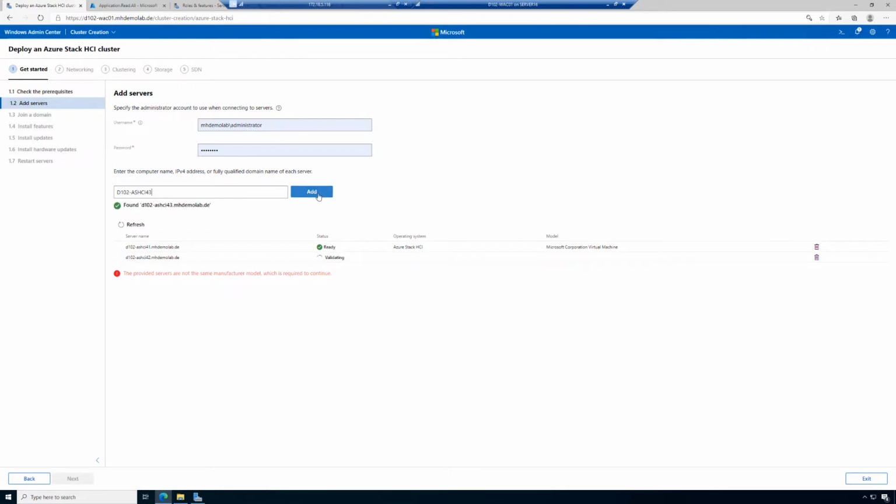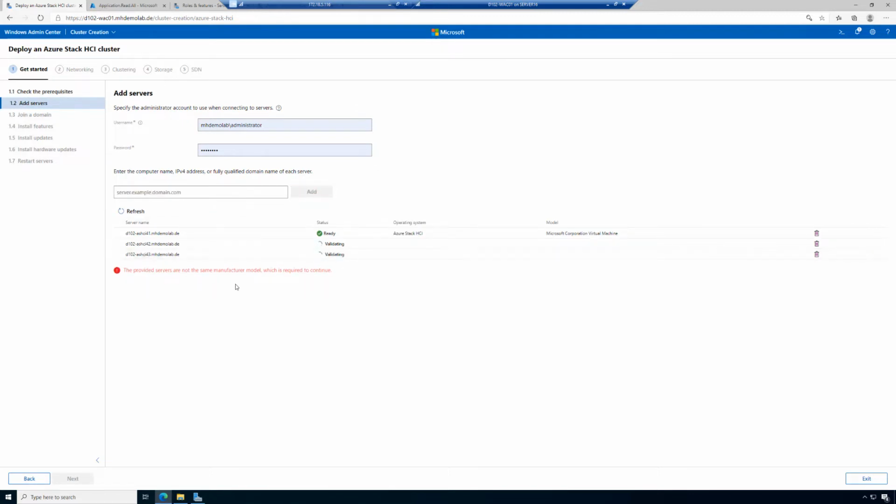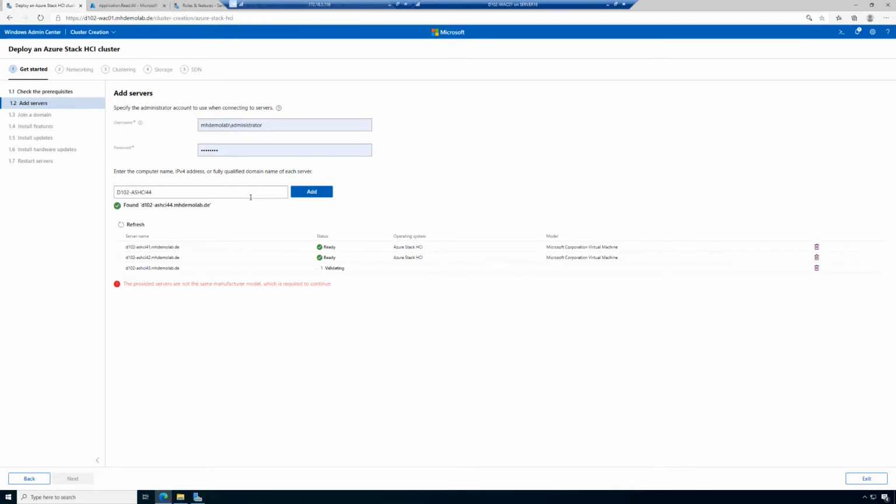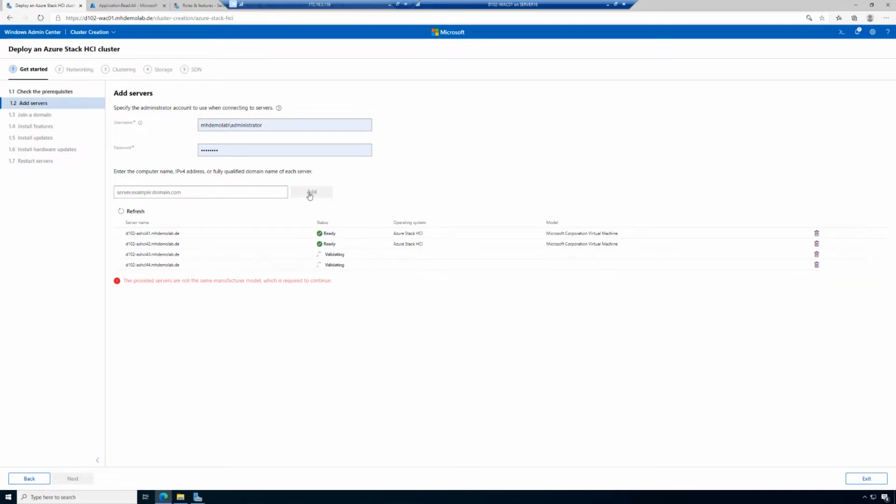And as we can see here, actually I can see, oh, maybe this is another manufacturer. Windows Admin Center is a little bit too early to provide this information, because actually Windows Admin Center does not know about the node 3, what the exact configuration is. So I would change this. If I would be the developer, I would wait till all the nodes are verified, and then I have a final result. We will see that this message here will disappear when the Windows Admin Center realizes, oh yes, these